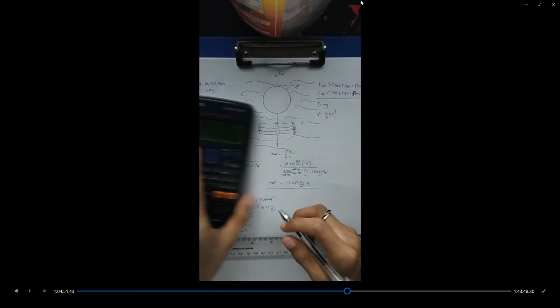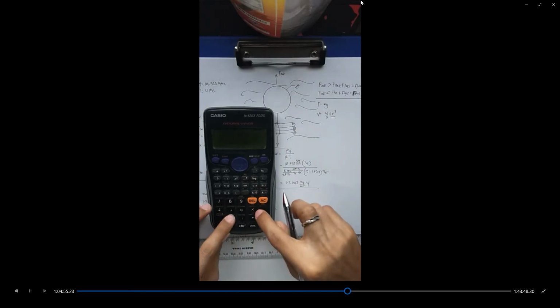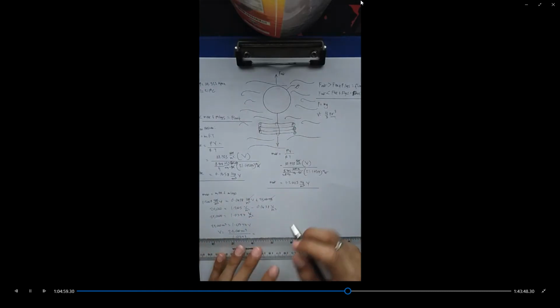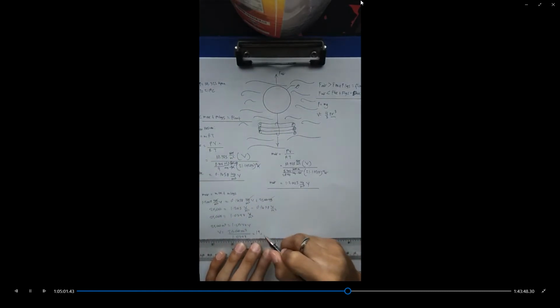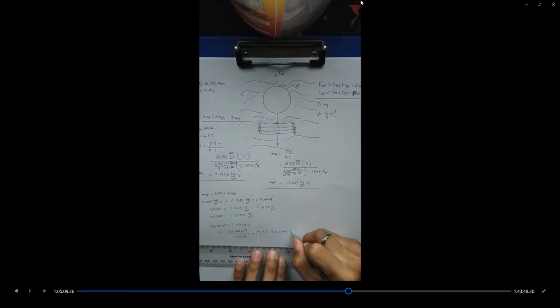So the answer would be 19,329.2742 meter cube. And equating this to the formula of our spherical volume, which is 4/3 pi r cube,